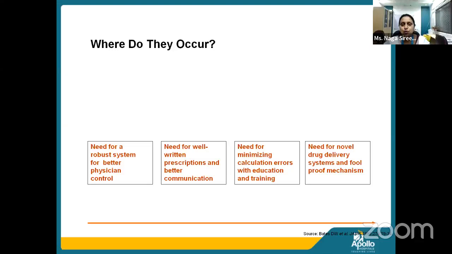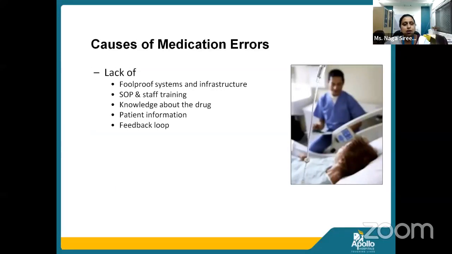Even if we don't know every action, we are supposed to know before giving the medication, but the wrong medicine should not reach the patient, or wrong dose should not reach the patient, which is very, very important. Causes of medication errors, as I always say: SOP training, knowledge about the drug, patient information, feedback. In this, I wanted to add one more point,